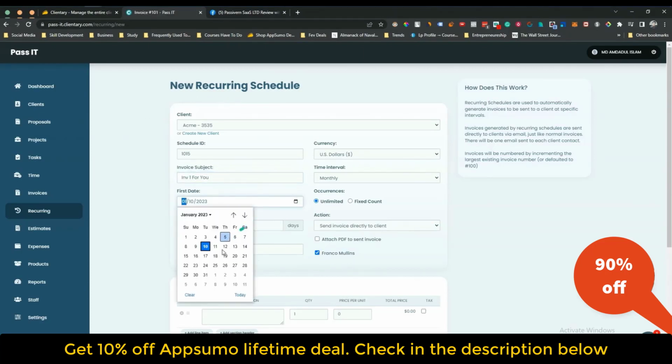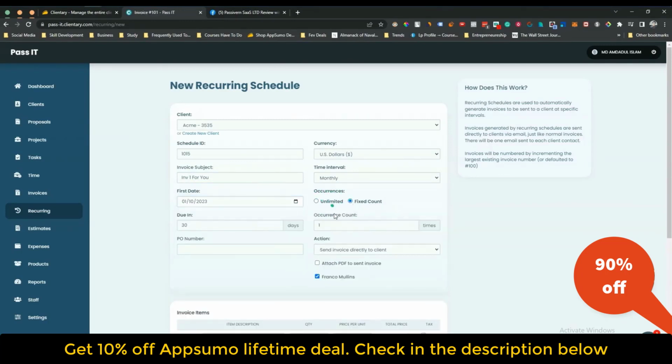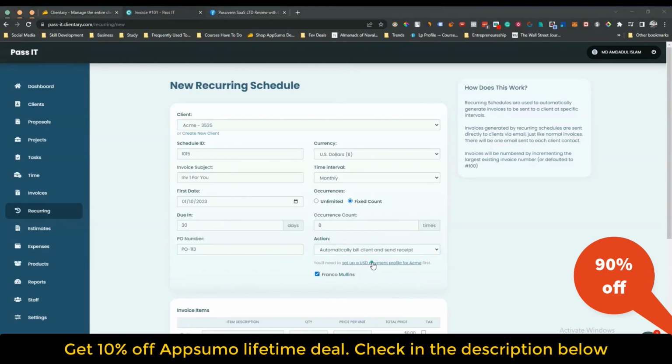And first date, let's say first date is this date, and then here you can select occurrence, unlimited or fixed count. Let's say I will create here maybe 8 recurring invoices for this person, and here you have to add your PO number. Let's say PO number will be PO 113, and action, let's say create draft and send reminder, send invoice directly to client, automatically bill client, and send receipt. Let's say I'll select the third one, and then here they're saying that you have to set up the payment method. So if I visit this URL,